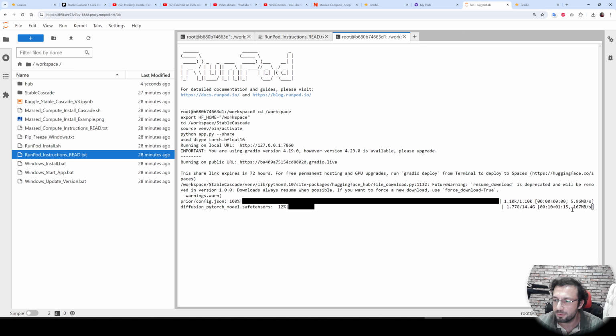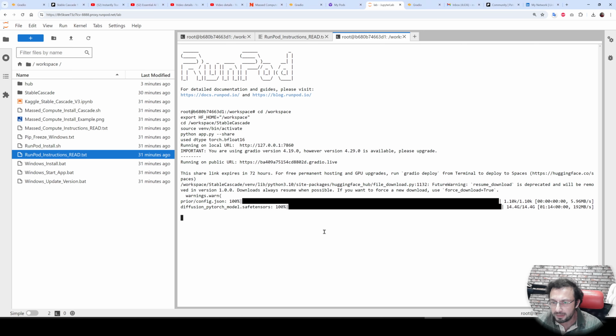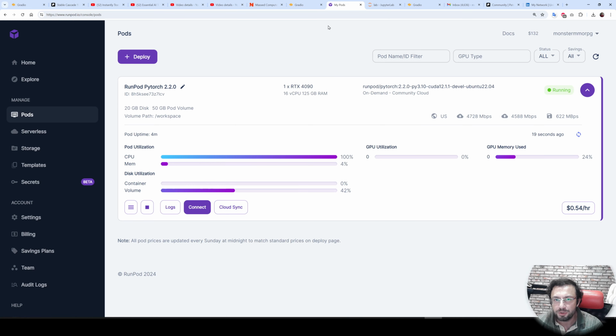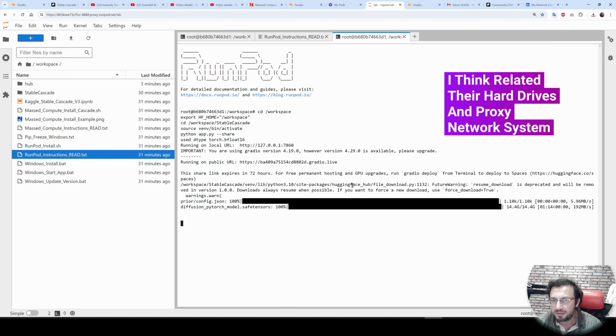The speed is decent when downloading a big file, but when installing it is very slow. Looks like our Gradio version is not up to date. I will try to update and see if it is not broken. I will update it by the time you are watching this video, so the proxy should also work. Even though the first model file has been downloaded, it is not able to move to the second file. It is taking huge time. Runpod has huge issues recently and they still didn't fix these issues even though I have reported. So I suggest you move your workflow to Massed Compute if possible.